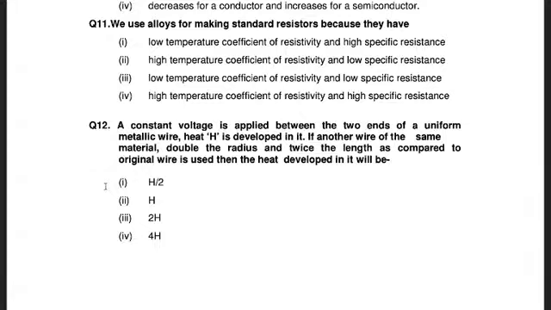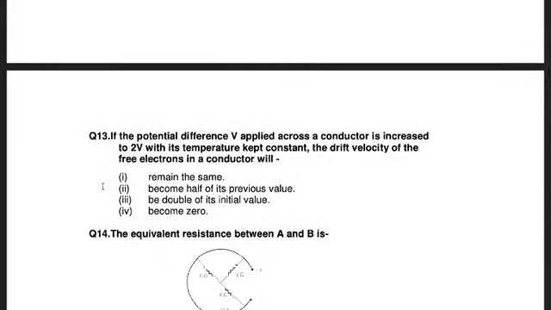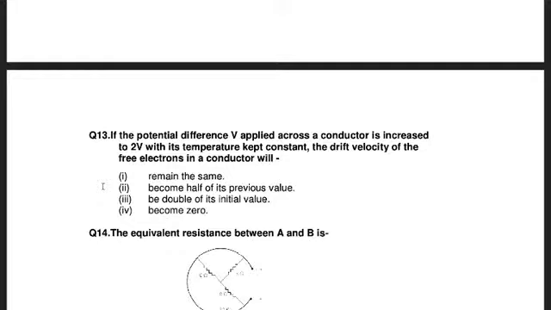Correct. The answer is option 3, 2H. Question number 13. If the potential difference V applied across the conductor is increased to 2V with its temperature kept constant, the drift velocity of the free electrons in a conductor will: option 1, remain the same; option 2, become half of its previous value;